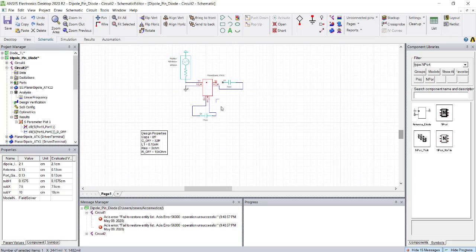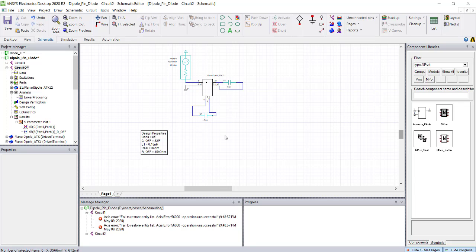Oops, Control Z. Yes. Now you can see this capacitance. Just click on the circuit. The capacitance value we are going to set as 1 picofarad, so both capacitor values will be 1 picofarad.